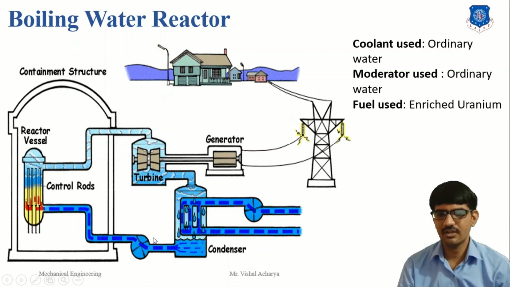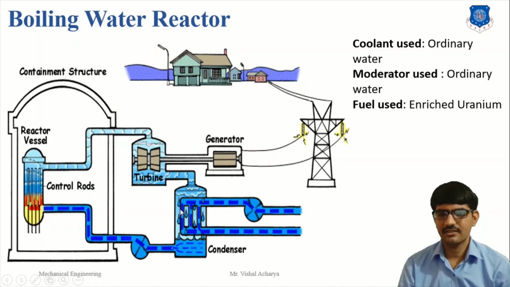In a boiling water reactor, water is passed to the reactor and produces steam with the help of the fission process, and through the turbine produces electricity, which passes to household equipment. The turbine exhaust passes through the condenser, which converts it to water and transfers it back to the reactor with the help of the feed water pump.